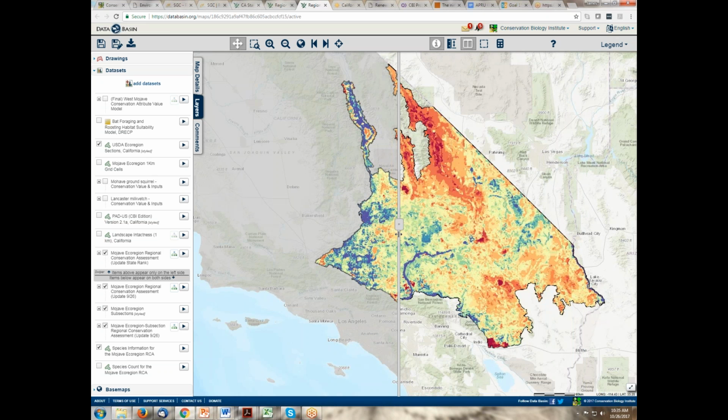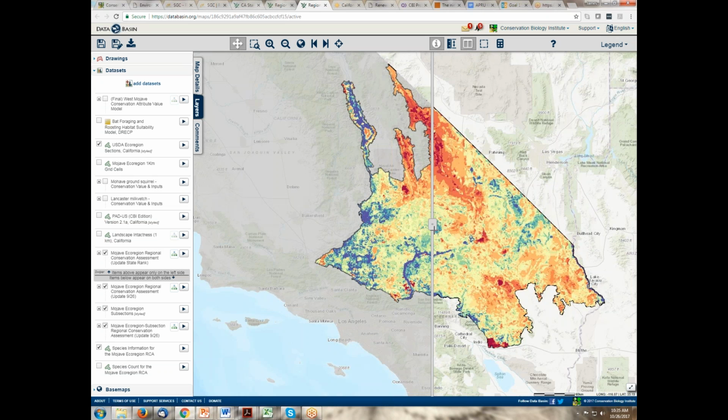The pattern is similar. Now we're in the process of running the same model with this new weighting structure on the ecological subsections, but that's not quite ready yet. We couldn't show it to you today because it's not done. Our suspicion is that it's going to be quite a bit different, but we don't know yet, and we'll show it to you as soon as it gets done. So it's not far off.